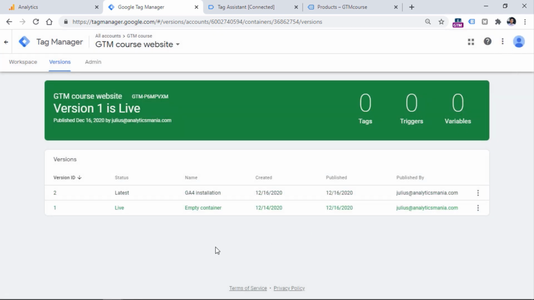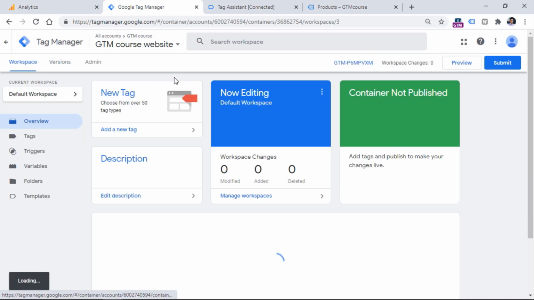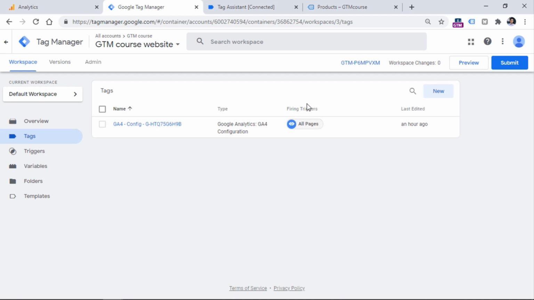So what we have done is that we started loading the first version of the container to our visitors. So this means that there are no longer breaking changes for them. And now we can properly, without rushing, fix the problem in version number 2. So, I can maybe go to tags. Maybe I have some other tags that are breaking. So let's say that now I have fixed all those problems. They have been solved. And now I am ready to publish this updated version once again.